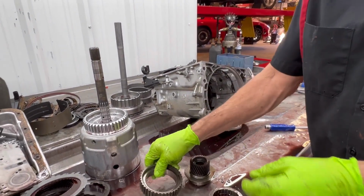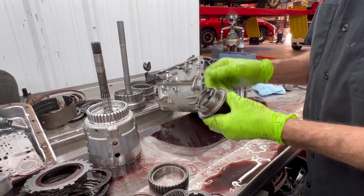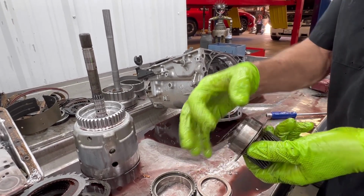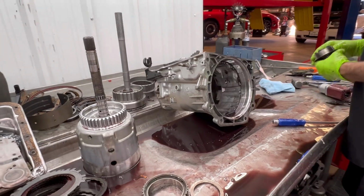And that looks good. You want to Scotch-Brite this up, of course, when you put a new sprag in there. You want to look here for any scarring or any chatter marks where the sprag tried to lock. Now you can,